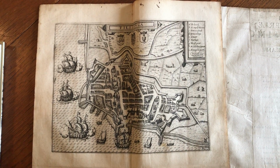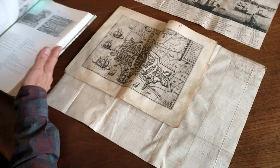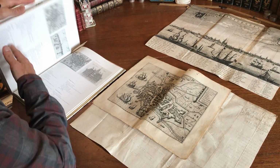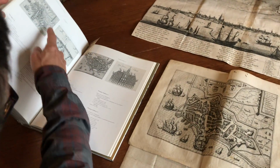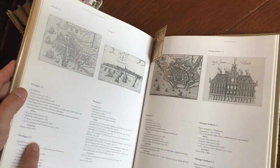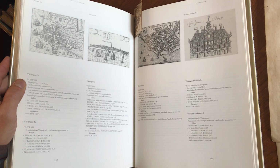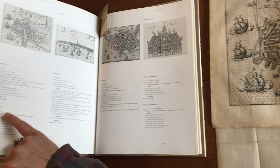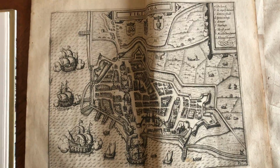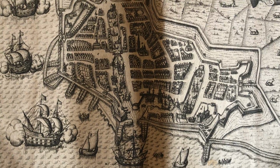and we'll reference it in this monumental and necessary scholarly reference book on these types of Guicciardini views. And we see here that this view is in fact this one, and there are two states of it. The second state here has down at the lower right the number 62, which is what we see on our example, and so it lists the editions by Blau and Jonsonius from 1612 through 1648. Because it's attached to the back, we can't determine the exact source, but we do know that it's copper engraved